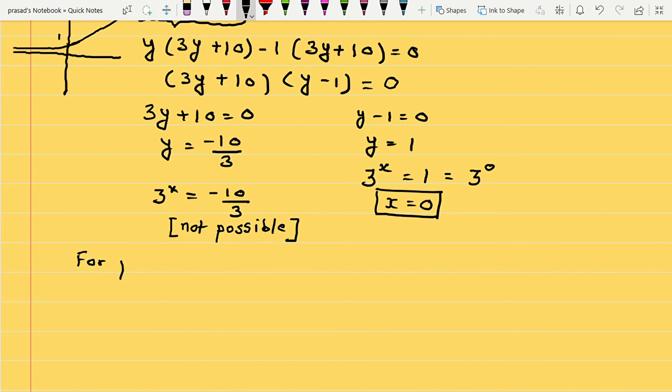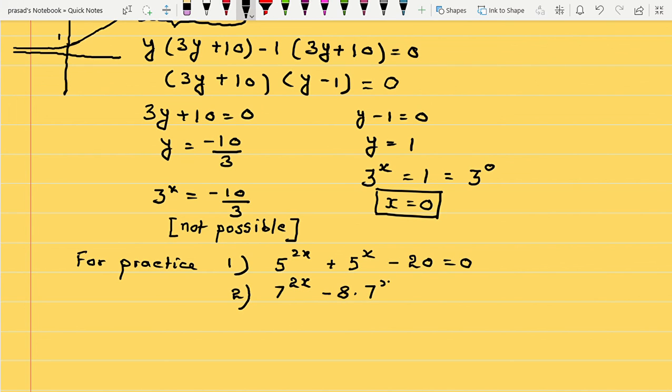For practice, so the first problem here, 5 to power 2x plus 5 to power x minus 20 equal to 0. So just as a hint, take 5 to power x as y and get a quadratic. The second one, 7 to power 2x minus 8 into 7 to power x plus 12